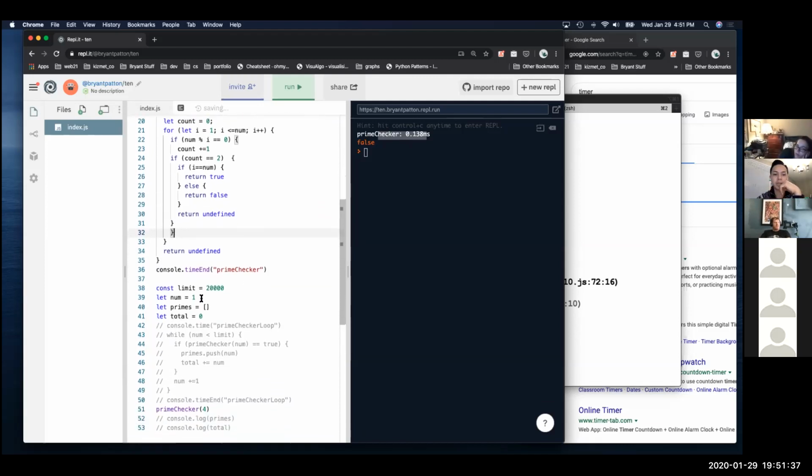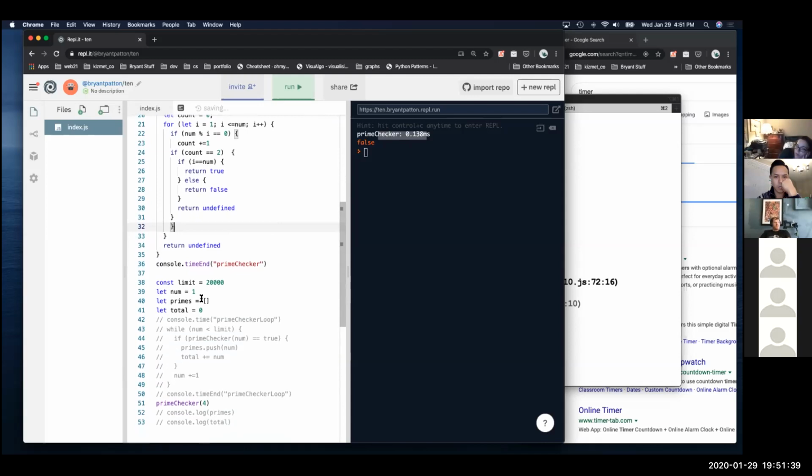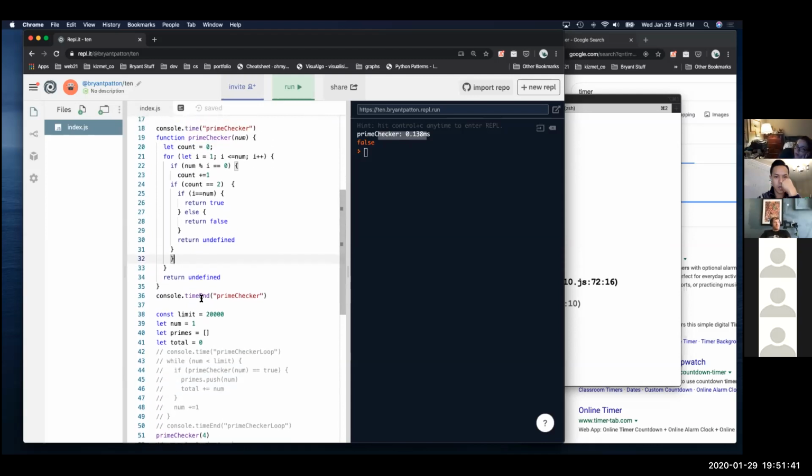So how do we optimize this? What should be your cache? He said cache, like cash money. Like instead of passing in the number, I don't know if we find it. I don't know.